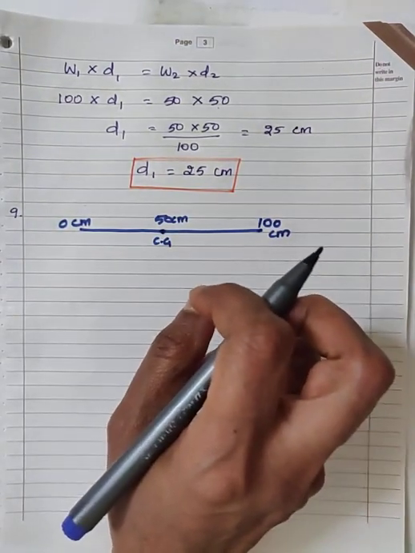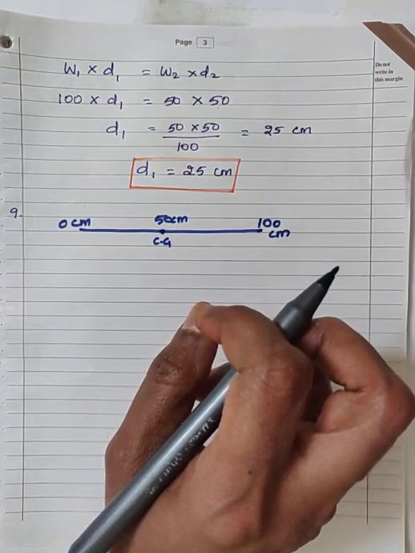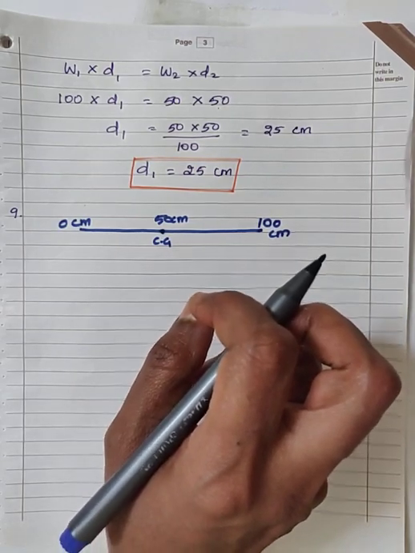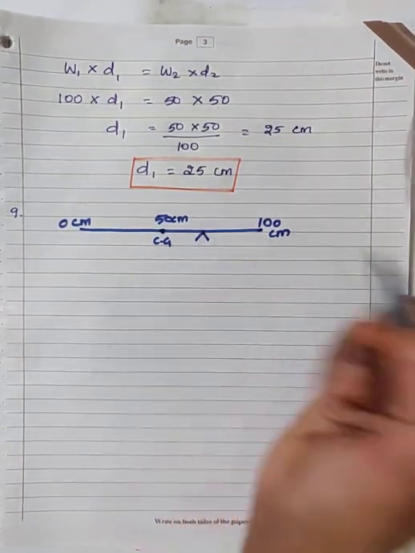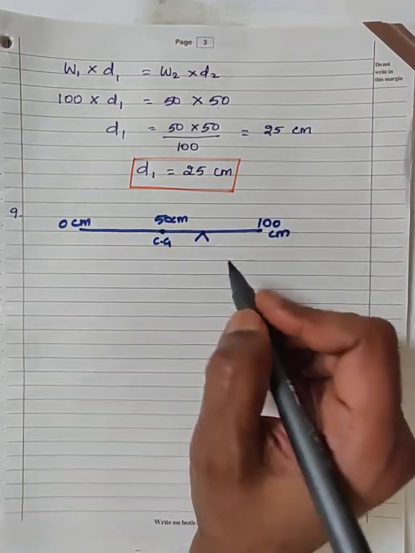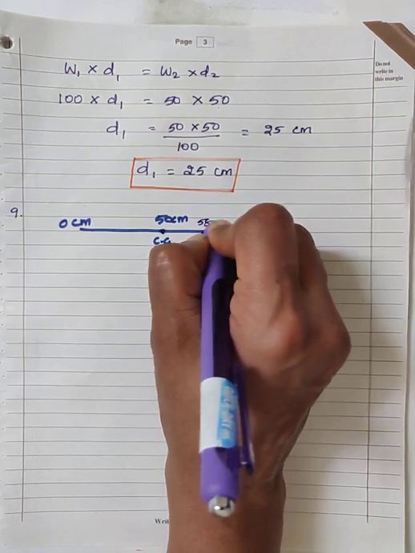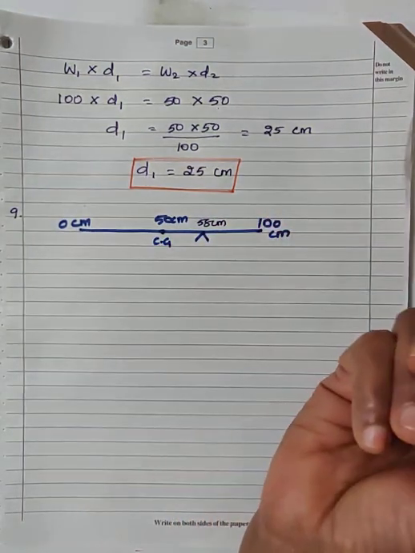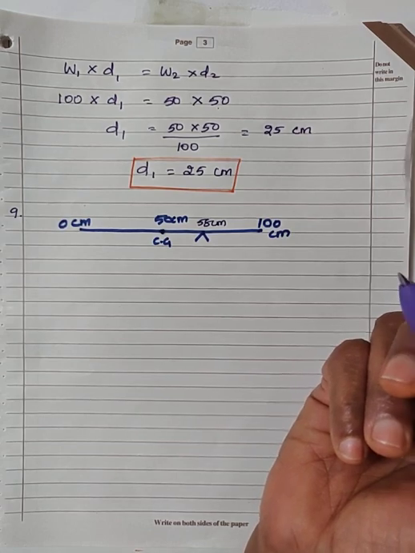Okay. Next line. It is placed at a 58 centimeter mark. That is, placed at means it is balanced at. That is, balancing point you do like this. With this symbol you represent the balancing point. It is balanced at 58 centimeter mark. And when a weight of 20 gram force is suspended from one end.